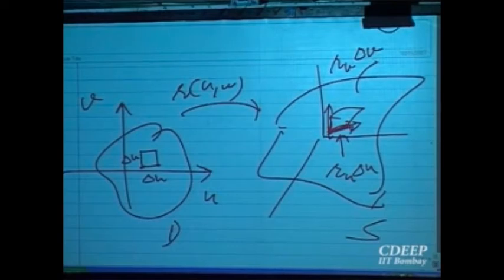So when this is very small, you can think of this image as a parallelogram with one side r_u delta u and the other side r_v delta v. Then what is the area of this parallelogram? If you know vectors u and v, what is the area of the parallelogram? That is the cross product, absolute value, the norm of that cross product. So that gives you the norm of r_u cross r_v times delta u delta v as the area of this small portion. If you want the whole of it, you divide into smaller portions, and then you should be integrating, right? This is du dv, integral over u and v. Is that okay?